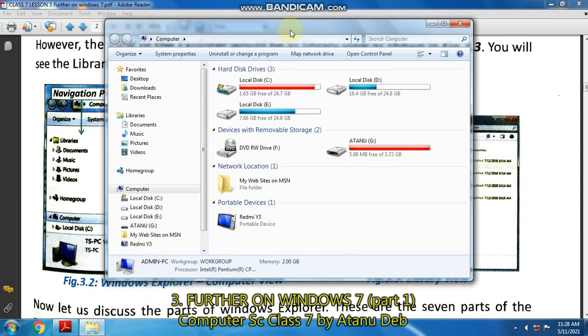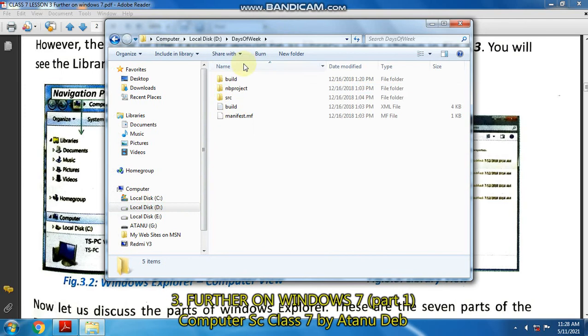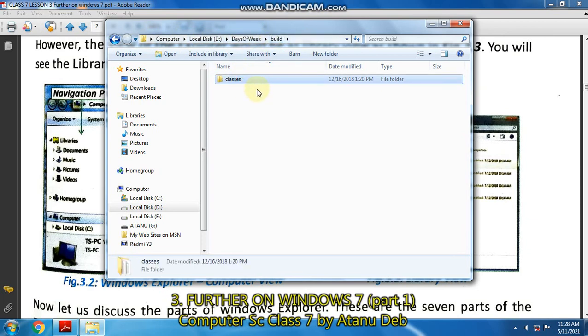First of all, you have the title bar on top. Then you have the address bar here, which shows the address. Suppose if you click on a folder and click on a file, you'll get the address of that particular file or folder. Suppose build classes. So this is the whole address of this folder, classes. Then you have the search box here. You can search your file and folder under this folder build. If any file or folder you have to search, then you have some